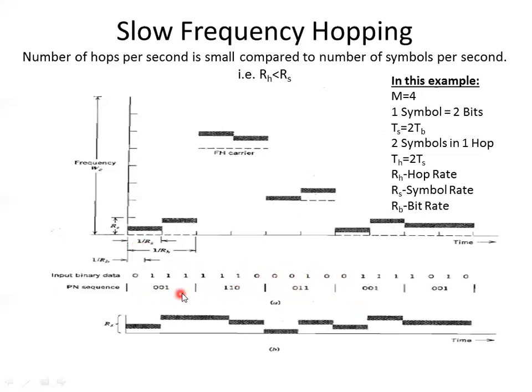So first hop is frequency F1. Here you see this is F1 frequency. Here this is frequency F2, F3, F4, F5, F6, F7, F8. Okay. So first hop is frequency F1, which is from here to here. Why is this band there? Because in that again there are 4 subcarriers which correspond to that M-ary FSK, 4-ary FSK. Fine. So 001 is F1 hop, F1 frequency.